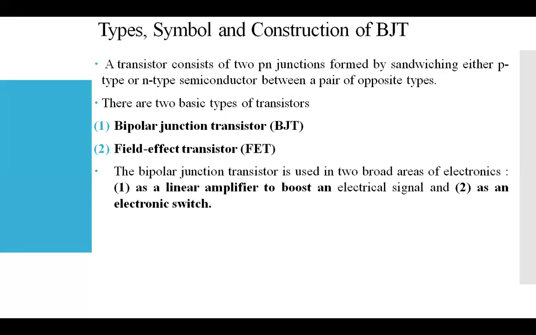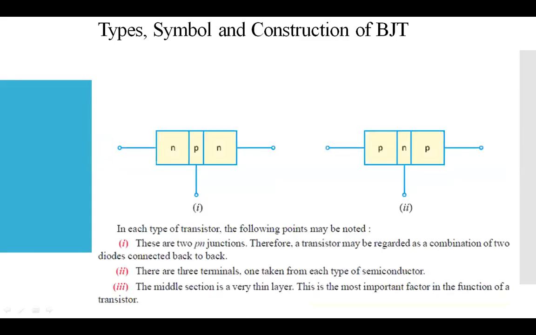So the BJT, you should understand, is going to be used in two areas of electronic circuits. One is the amplification purpose, so you will get a linear amplifier to boost the electrical signal. The second one is the switching purpose. So there are two applications given here, area wise. Now, if we go ahead,